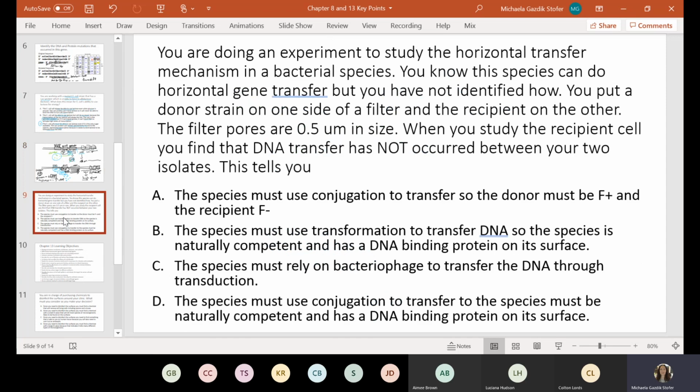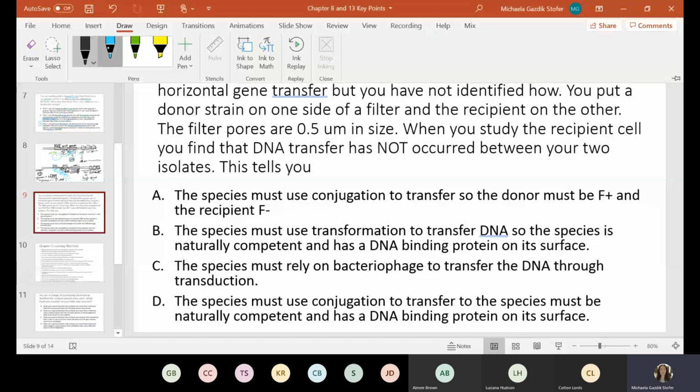This is one, again, remember, I like to ask questions that aren't just what's the definition of something. So this is a way to ask about horizontal gene transfer where you need to understand the different mechanisms. So when we talk about horizontal gene transfer, we're talking about conjugation, transformation, or transduction. And you need to understand what those are to be able to answer this question, but it doesn't just ask you for a definition. So if we take a look at the question itself,